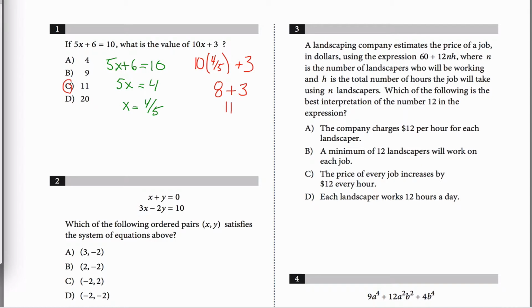I don't know that people would have really thought to solve it this way, but one other way you could solve this is you're asked for 10x plus 3. You're told 5x plus 6. We're almost there. This thing is almost half of this, right? The 5x is half of 10x. But I got 6, and really I'd like half of 3. I'd like 1.5. If 5x plus 6